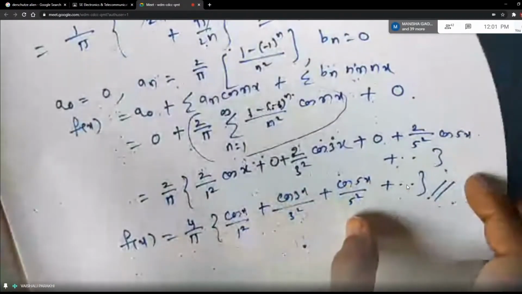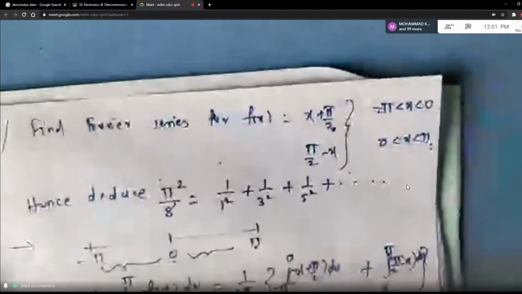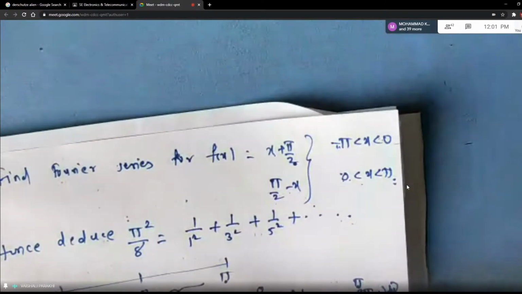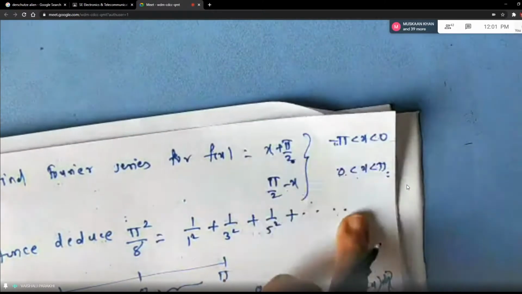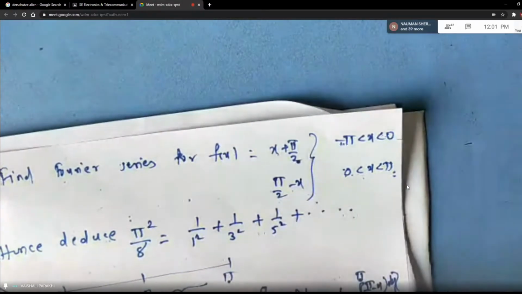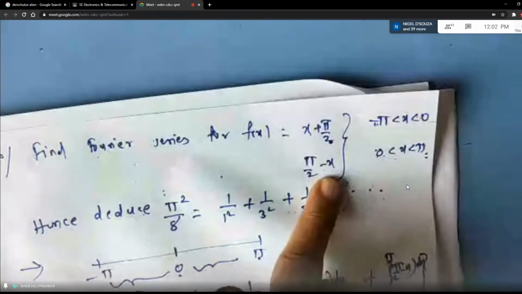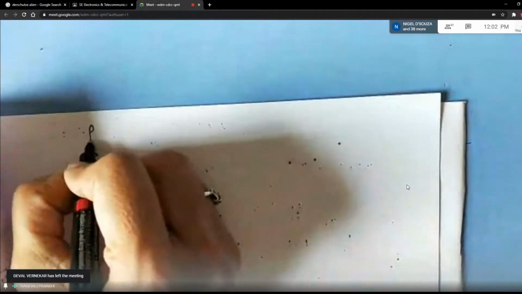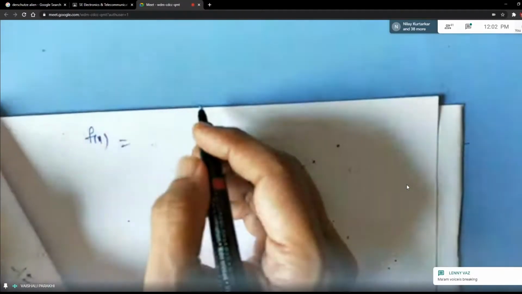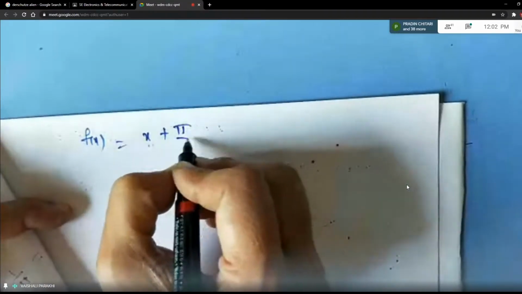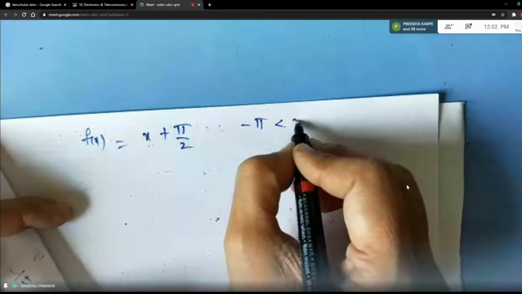Now it is asked to deduce one series, students. Right? Can I turn the page? So what you got is the series, what is your function, and what is asked to deduce. So all together we are going to consider. Now see students, this function is a discontinuous function. Let me rewrite the function. It is f of x is equal to x plus pi by 2. I am continuing with the same problem which we solved half of last time. Half means 75% was done already. So the last part I am explaining. I am rewriting the function here.